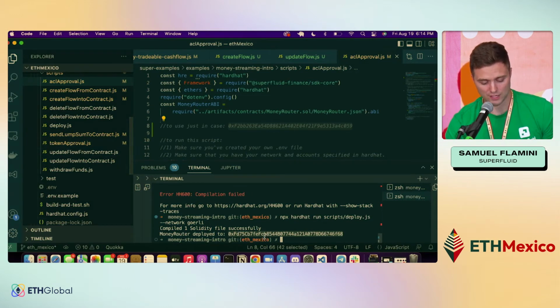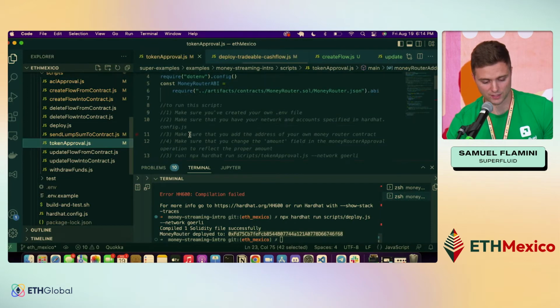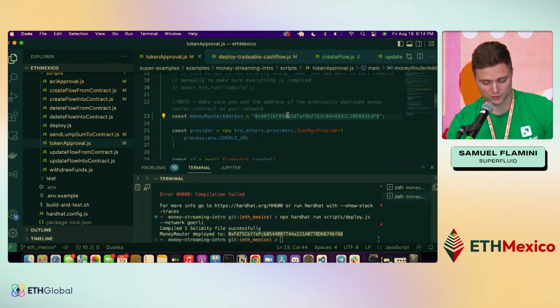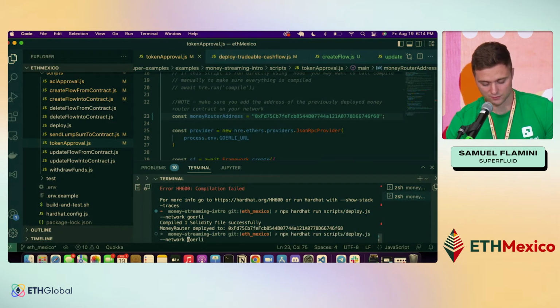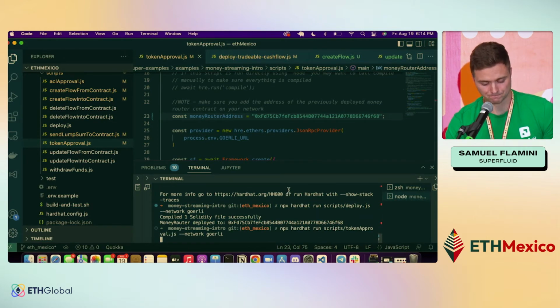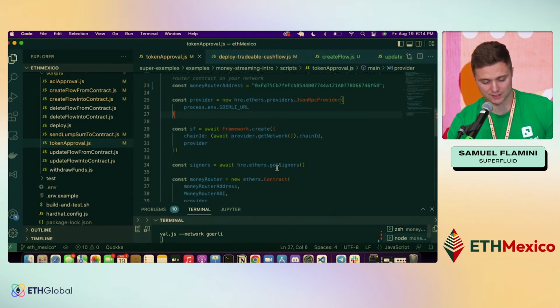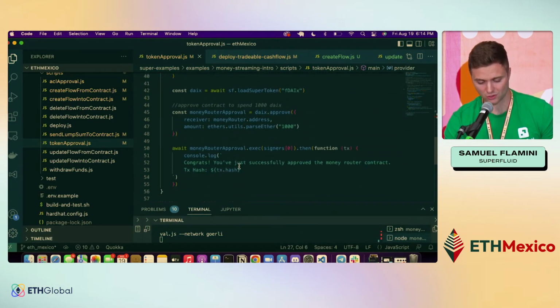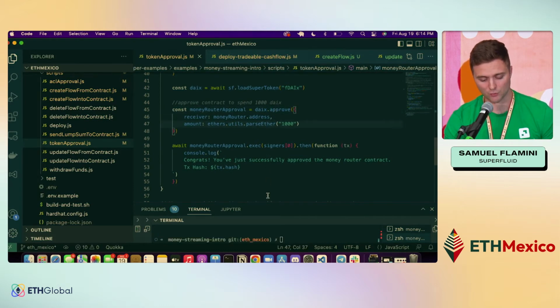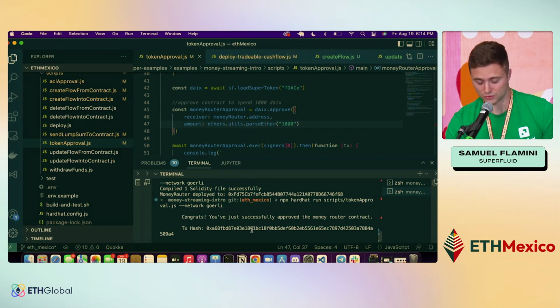So first I'm going to approve a token send into the contract. Okay, so we'll go here into this token approval function. I'll send this transaction here. So instead of deploy, I'm just going to approve this. Token approval. Just like that. So I've just passed in this address of the contract. And then here what I'm doing for the approval is I'm just calling approve on the dYdX contract. So this is just going to approve this dYdX token, right? This, which is successful, is going to give the approval on the dYdX token such that I can then send money using this function call here.